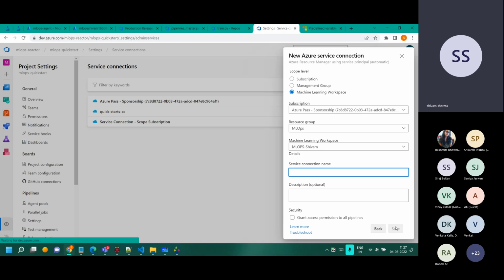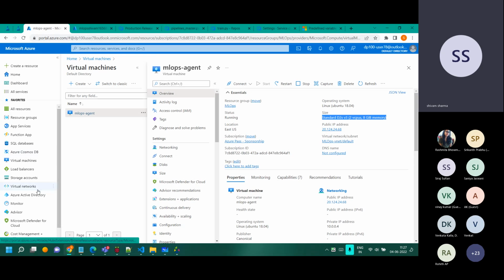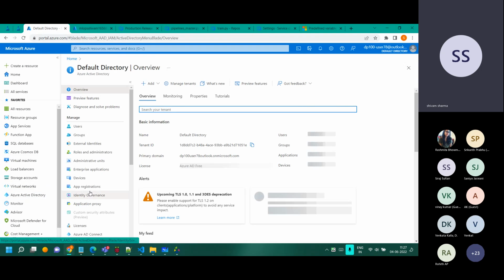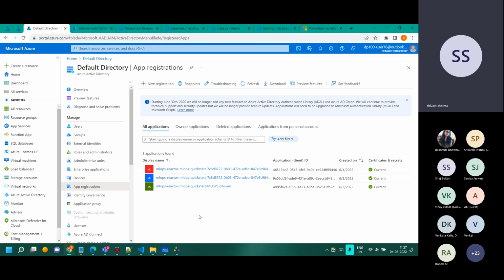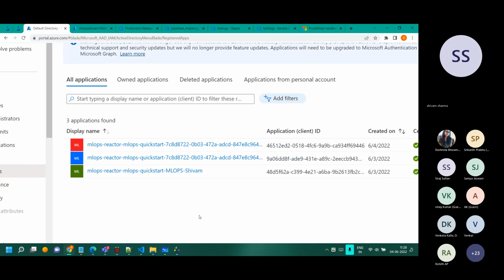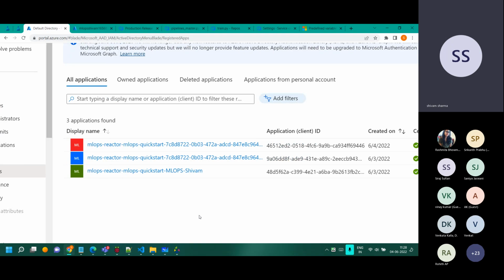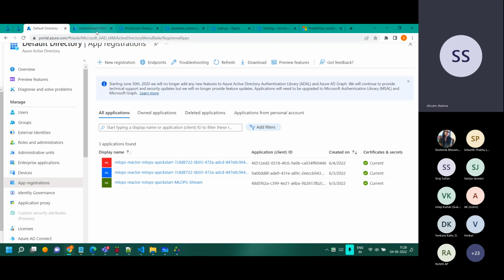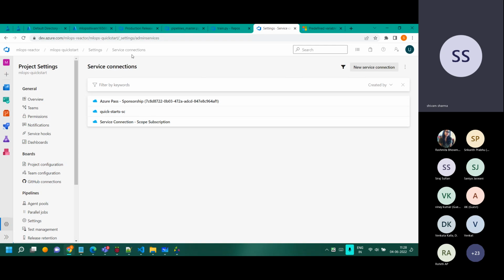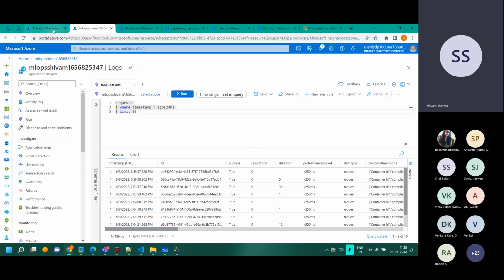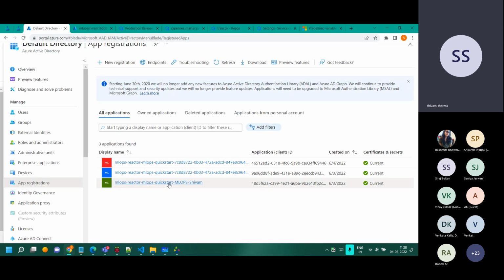So when you click on save, what it does is this. It basically goes to the Active Directory, and it goes to this step over here, app registration, and it does this for you over here. One of them should be the one which I have there. Not sure which is the correct one. We can trace it if required. It can be traced, like which one is it. So the one which we are using is the middle one over here, quick start -sc. Let's see if any one of them says that. Quick start -sc. I think this is the one, quick start something something over there.